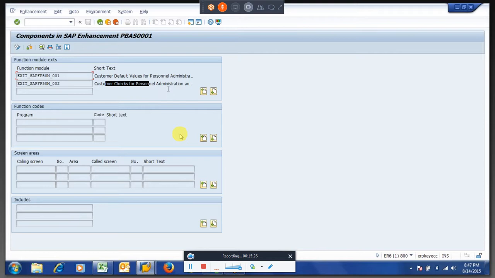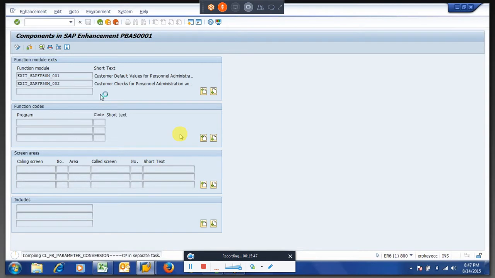These are the checks. Whenever there is a confirmation action within this exit, even ABAP consultants will know all this stuff. No worries. If you see here, they can go to the documentation within the exit.